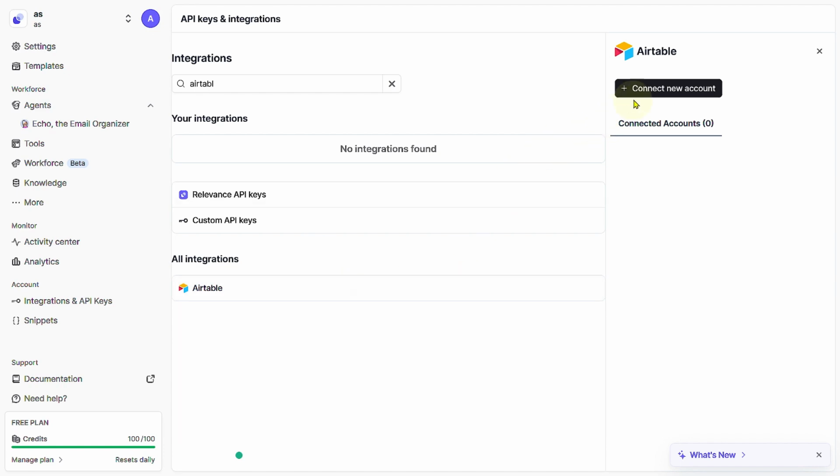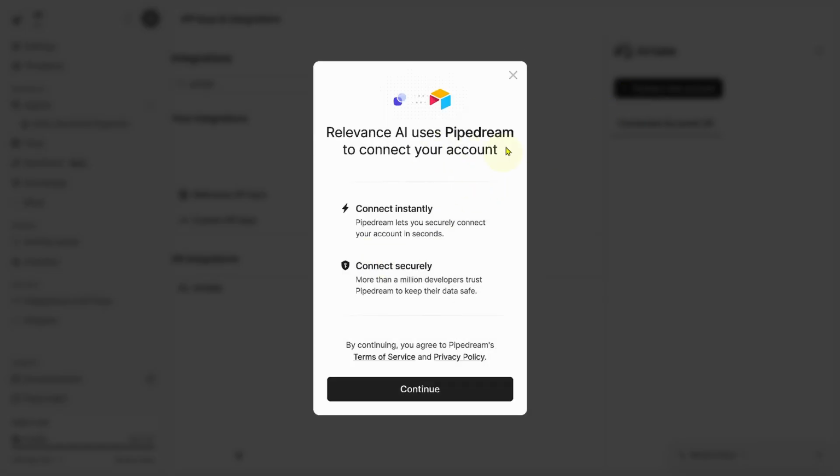What you need to do is simply click on this black connect new account option. Once you go through that, it is going to take you through the typical process of creating your account. You can see already we can see a connection animation here,